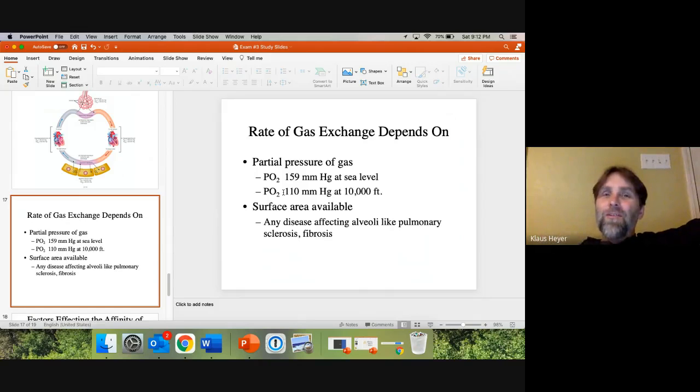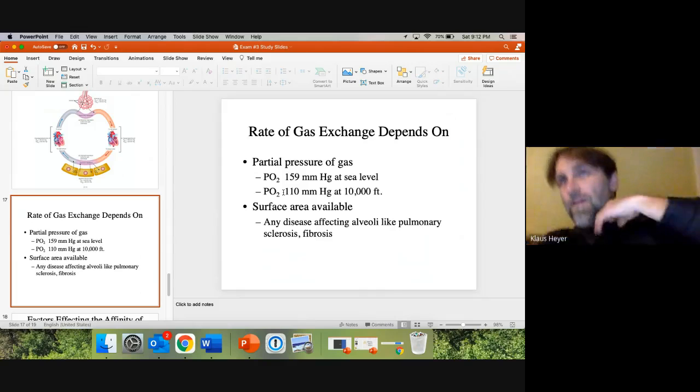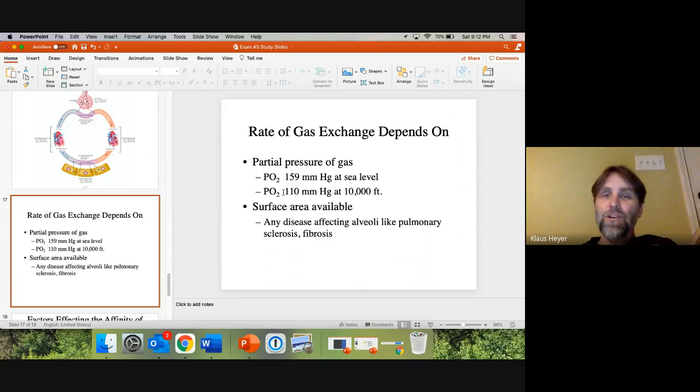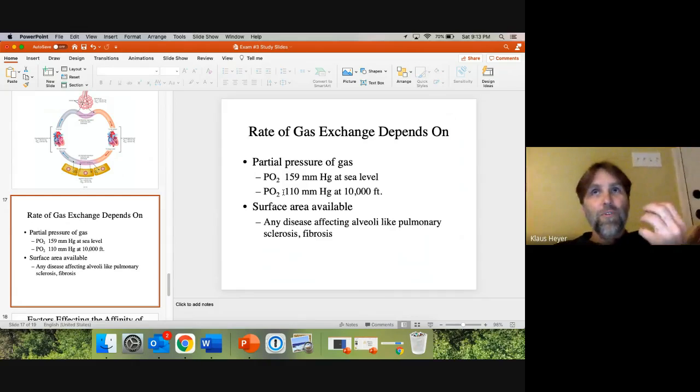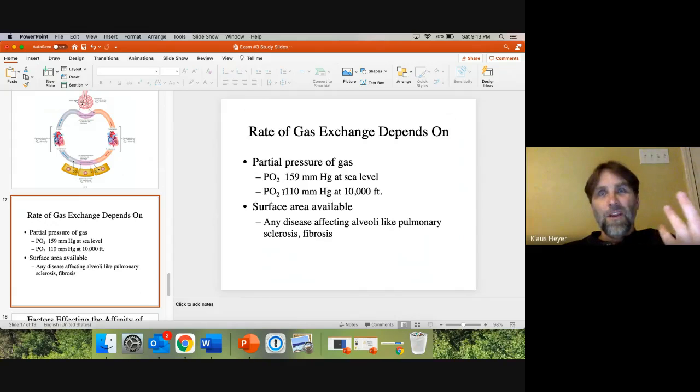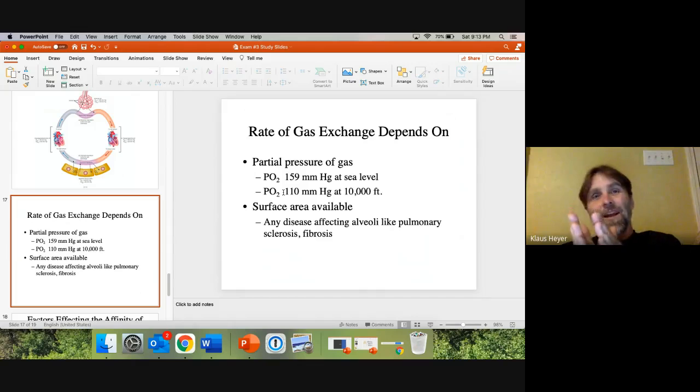So the air is not thinner. It's not that there's less oxygen at the top of a mountain. It's just that the pressure of that oxygen is less. So what's the pressure of oxygen in your lungs? It's like 100. What's the pressure at sea level in New Orleans? It's 159. So that's a bigger difference, right? But when you're in like Leadville, Colorado, at 10,000 feet, now you're talking about a difference between 110 and like 100. So not as much oxygen is going to be moving across. That's Henry's law,